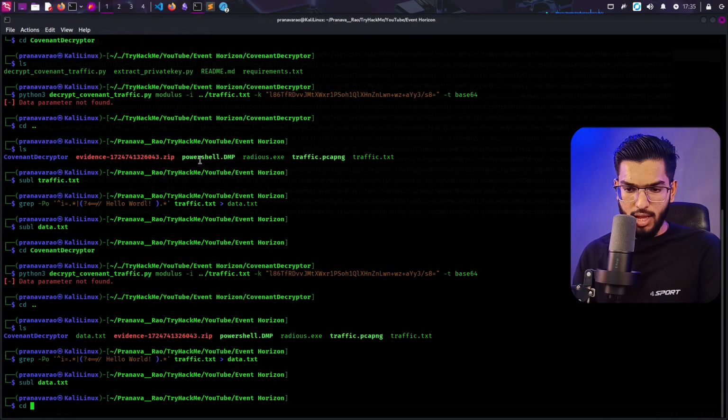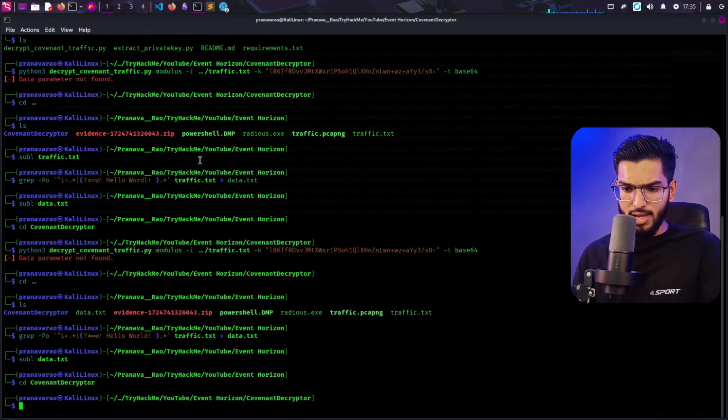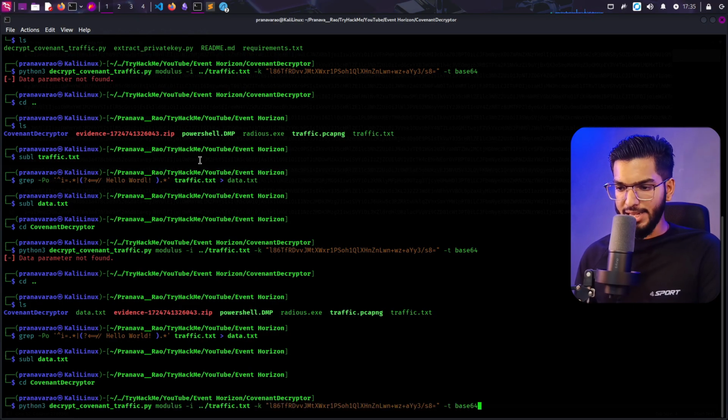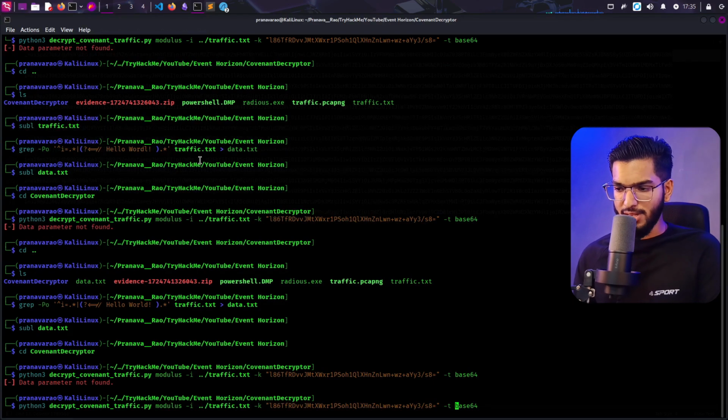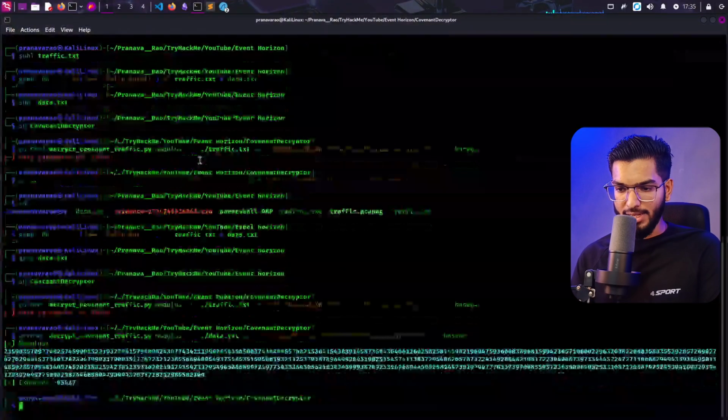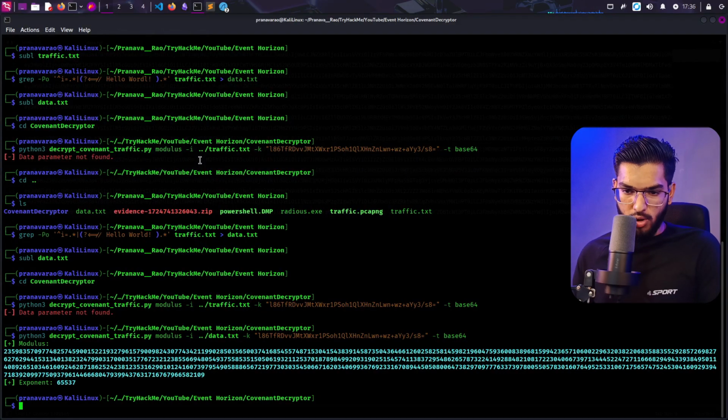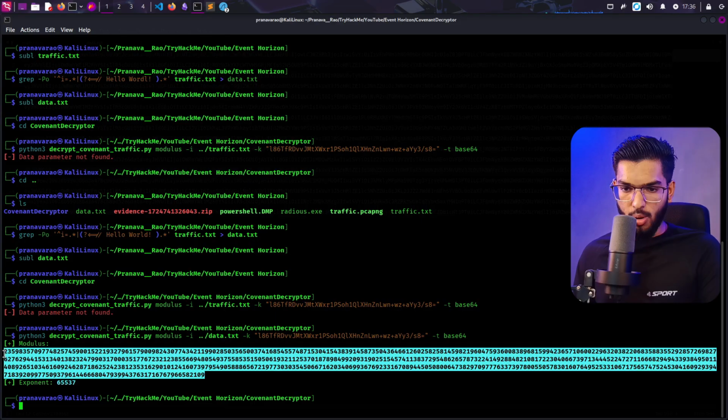Again, open this file and now let's open that previous Python command itself and press enter. Still says the same thing. Oh, not the traffic.txt. I'm sorry, I guess earlier it was fine, but whatever. Okay, so we need to say data.txt file and press enter, and we get the modulus of it. This is the entire code of the modulus. Let's copy this